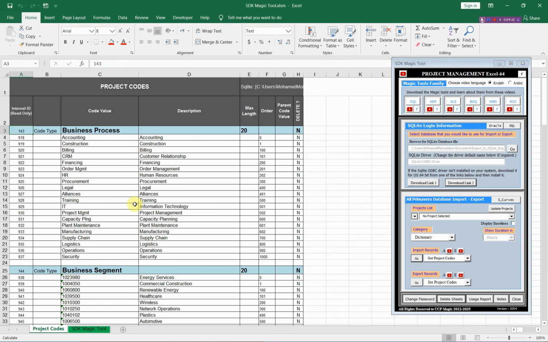You can modify any of these names. You can add other values and send these modifications to Primavera. When you intend to delete any of these project codes, if you change this N to Y, this project code with all of its values will be removed. When you intend to remove only one value, for example, if I would like to remove this value, I will change only this N to 1. Let us, for example, remove this